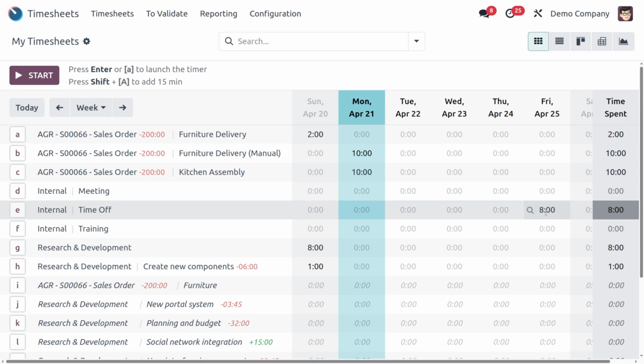And next thing is better control. The manager has a better overview of how much time is being spent on different projects versus time off also. So in short, Odoo connects your time off requests directly to your timesheet, making time tracking more efficient.